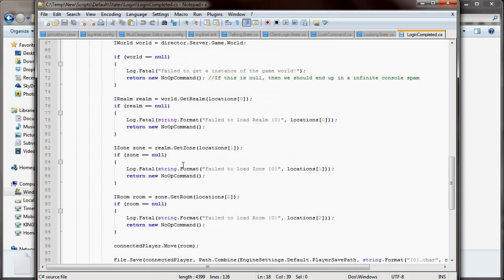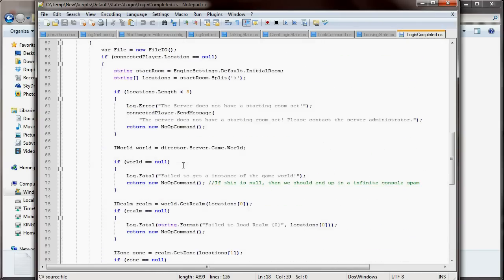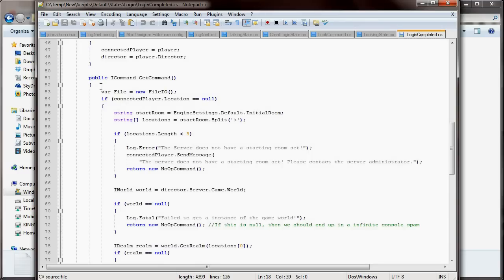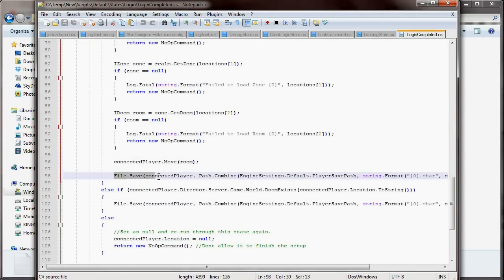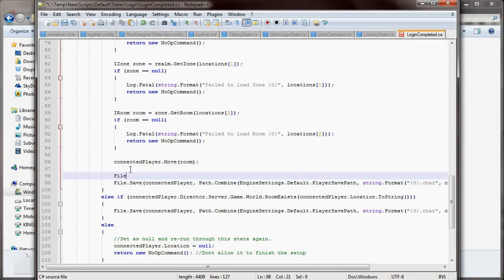You need to do, where's that at? Right here, var file equals new file IO, and then you call file.save, and you provide it with the player and the path that you want to save it in, including the file name. So you could do file.save